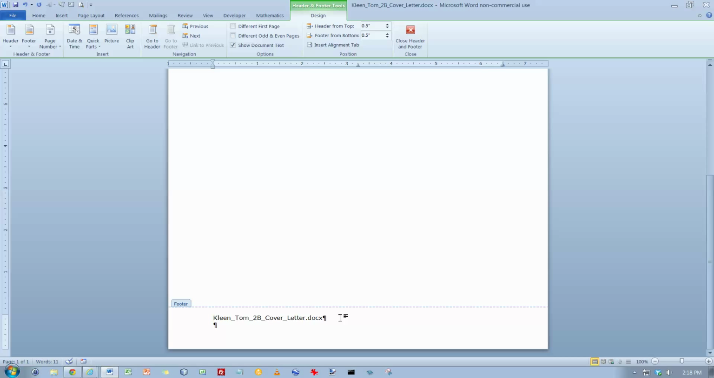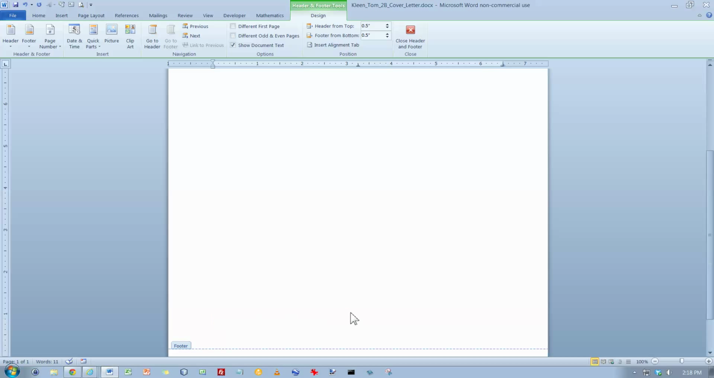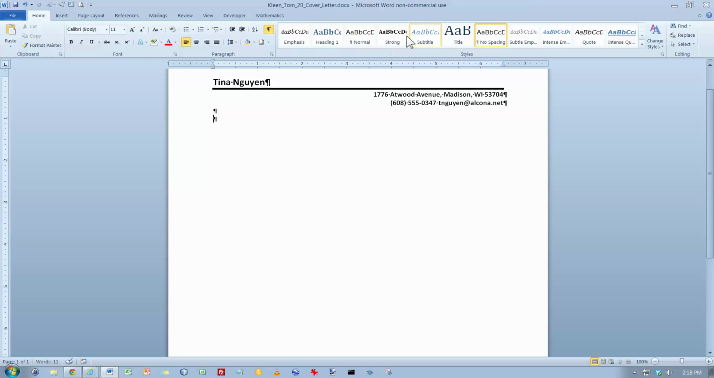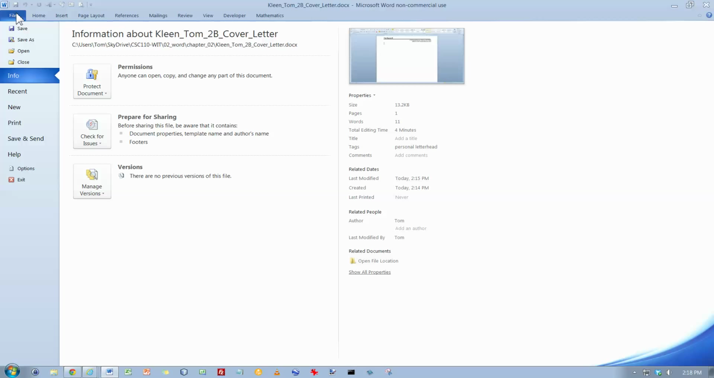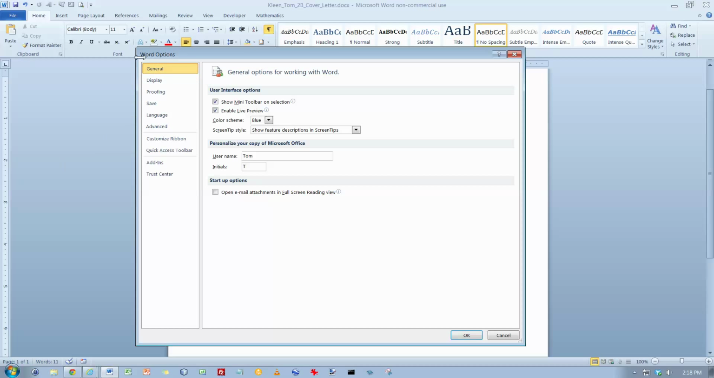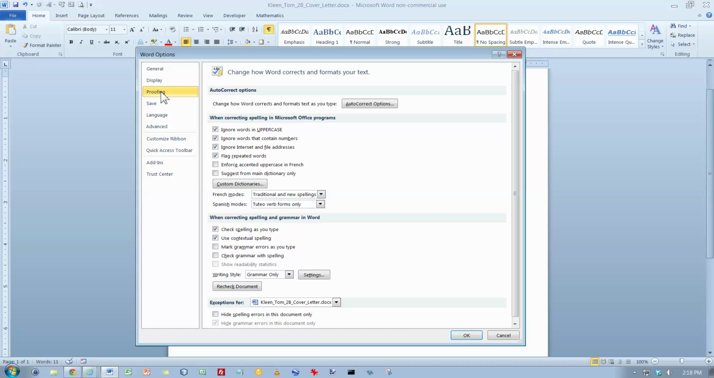Now we're going to take a look at 2.12, which is on recording autocorrect entries. Okay, let's close this. Let's click the File tab, and we're in Backstage View, and on the Help tab, click Options to display the Word Options dialog box. So here's Options, and there's the Word Options dialog box. And click Proofing right here, and then under AutoCorrect Options we want to click the AutoCorrect Options button right here,